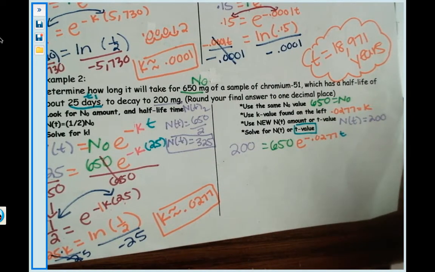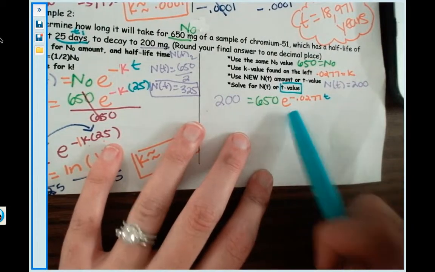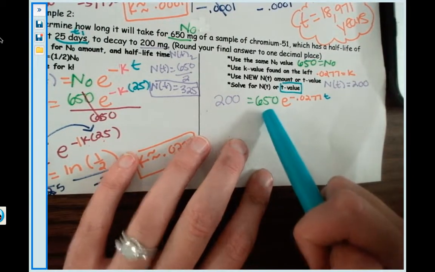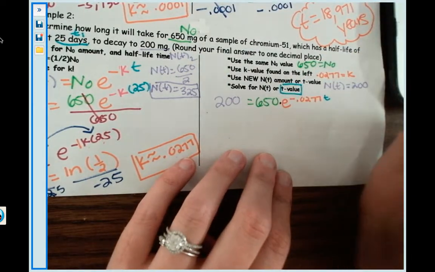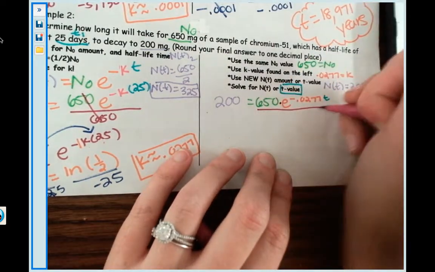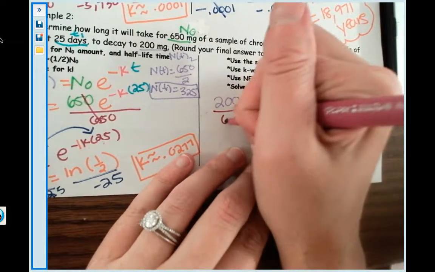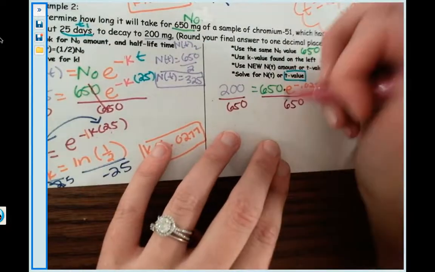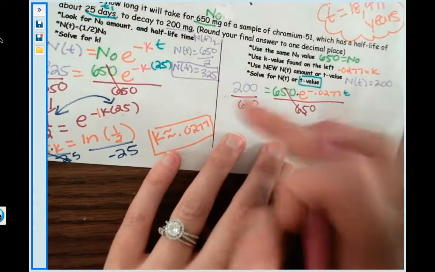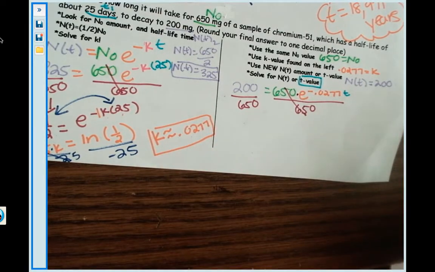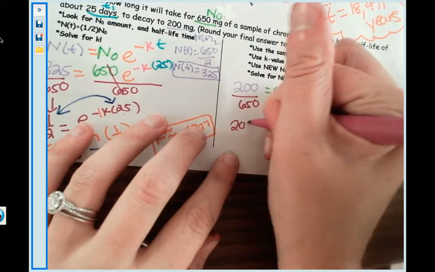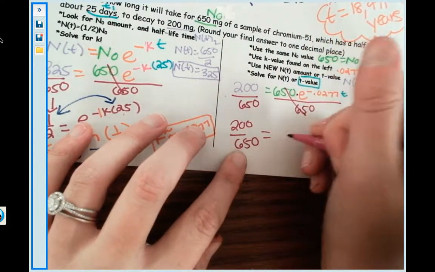Before we do anything, we need to get e on one side by itself, and that 650 is getting in the way. Since 650 is multiplying my e, the way we move it to the other side is by dividing both sides by it. So divide, and the 650s will cancel out. I'm not even going to reduce this down because my calculator can do that for me. So what I currently have is 200 over 650 equals e to the negative